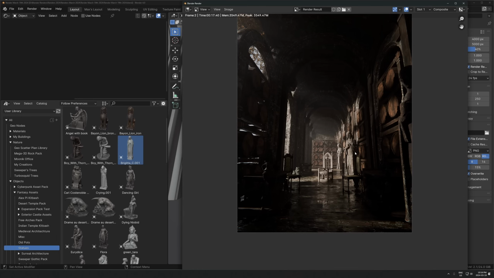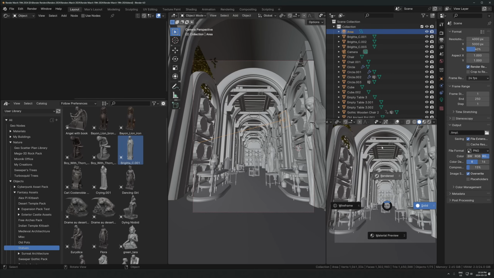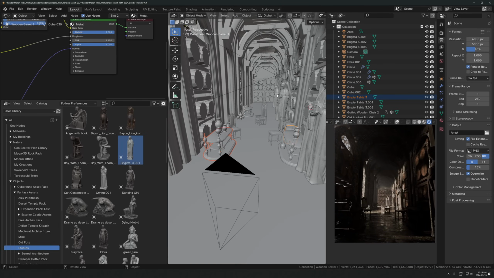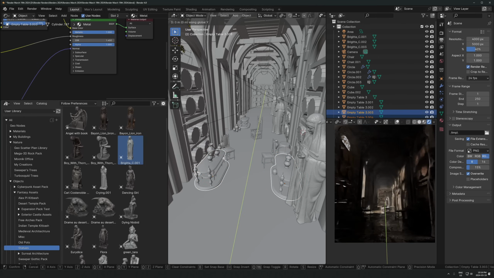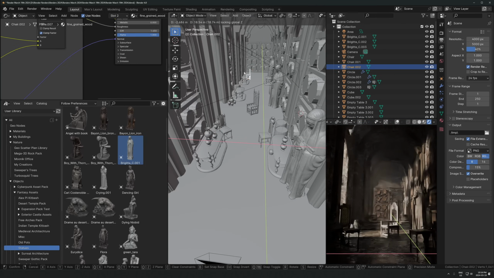The statues I actually don't mind. It doesn't really make that much sense, but I don't mind it. I think we just need more chairs and tables and stuff throughout here, and that will be enough to fill it out. So let's try that. And I think this one's going to be a fairly quick and easy one, quick and dirty, but there's nothing wrong with that. So let's just take a few chairs here,